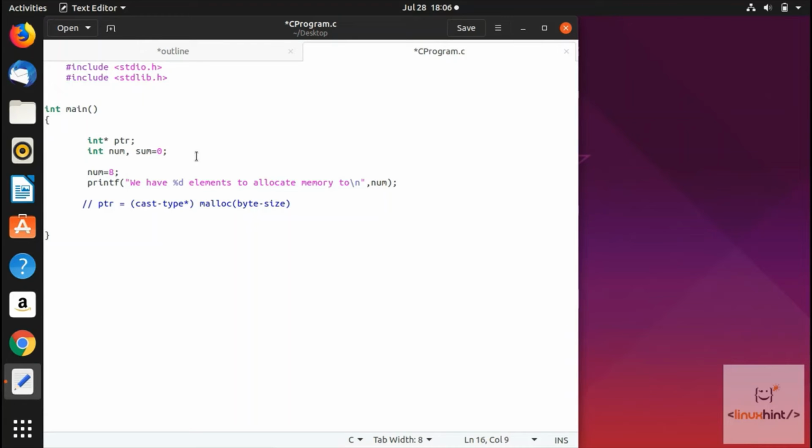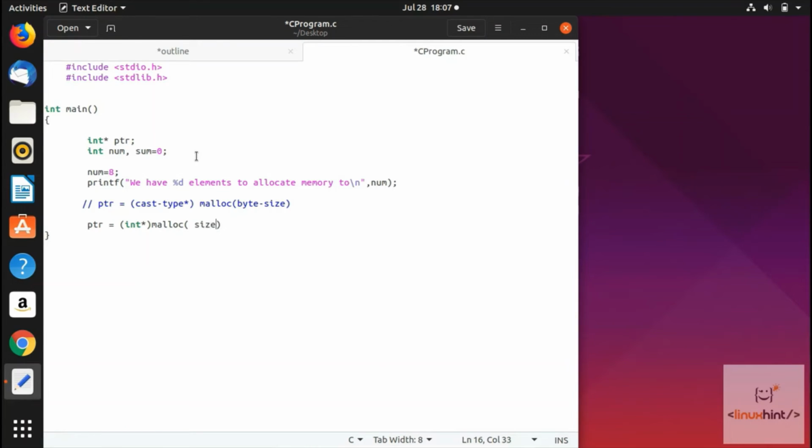Then now I'm actually going to use it inside our code. I would write ptr equals, and let's say I want to use the integer typecast. In that case I would write int and then asterisk, and if you want to use float typecast, then you can write float. After that, I'm going to write malloc. I call this function, and inside of that I put in the byte size, which I would say,